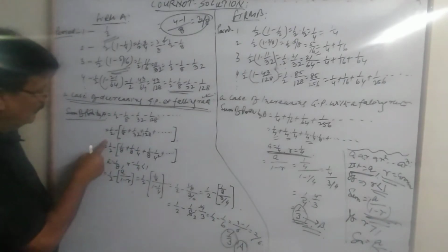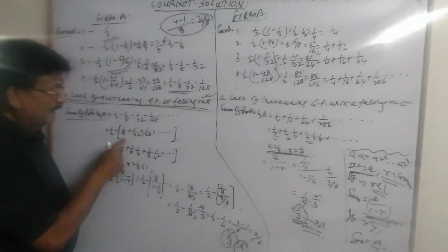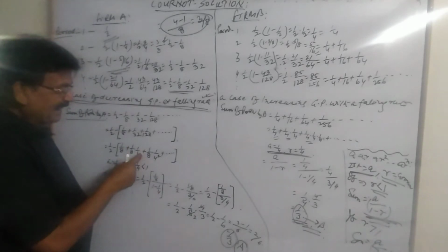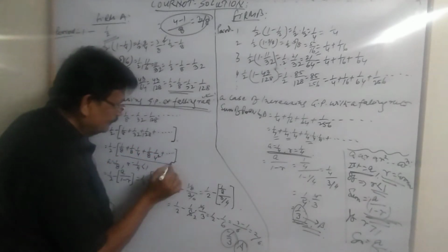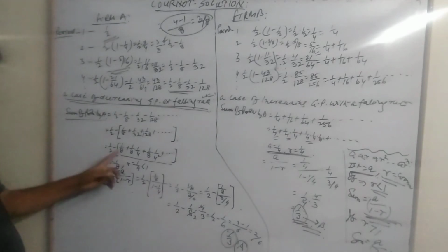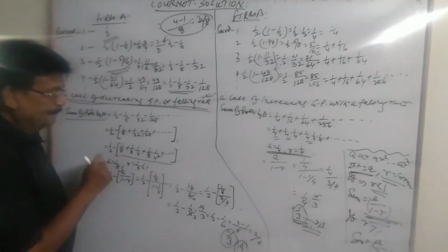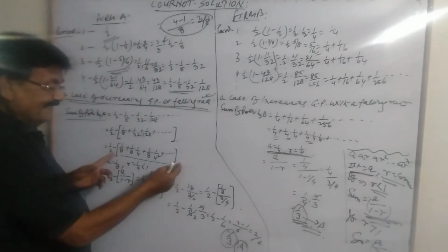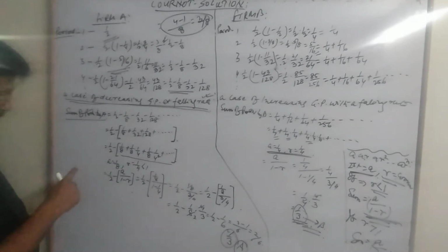Quite obvious. This is 1 by 2 minus 1 by 8. This is A, the first term of the GP. And now plus 1 by 32 is 1 by 8 into 1 by 4. This is the common ratio R. So AR square. So inside this parenthesis, we have the GP having the first term 1 by 8 and common ratio 1 by 4, less than 1. And we have to take the summation of terms inside this bracket. Outside the bracket, we have another term, half, that will be retained.